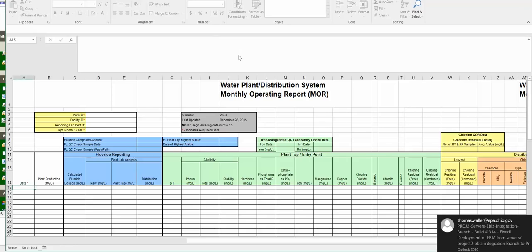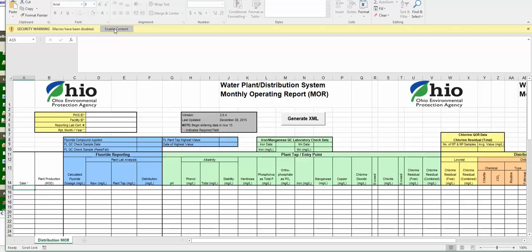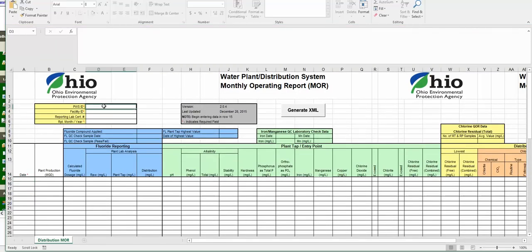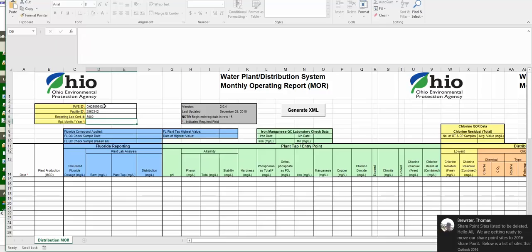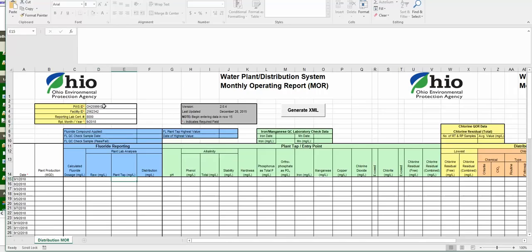Click enable editing. I'm going to enable the macros. I will enter my PWS ID and my plant ID. My lab certification, 8,000, and my reporting month. It populates the date down the right side of the page.